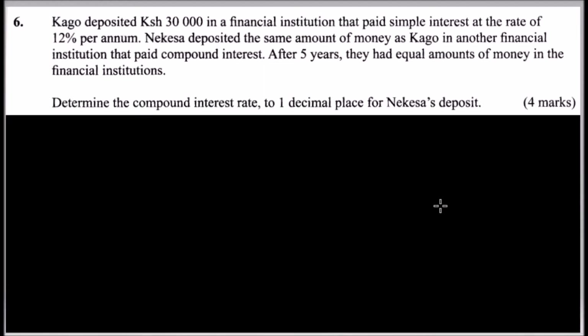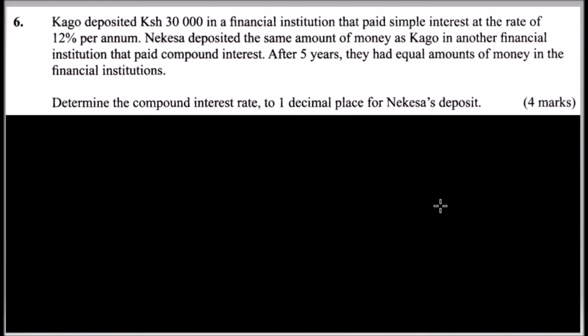Question 6. We are told Cargo deposited 30,000 Kenyan shillings in a financial institution that paid simple interest at the rate of 12% per annum. Nekesa deposited the same amount of money as Cargo in another financial institution that paid compound interest. After 5 years, they had an equal amount of money in the financial institutions. Determine the compound interest rate at 1 decimal place